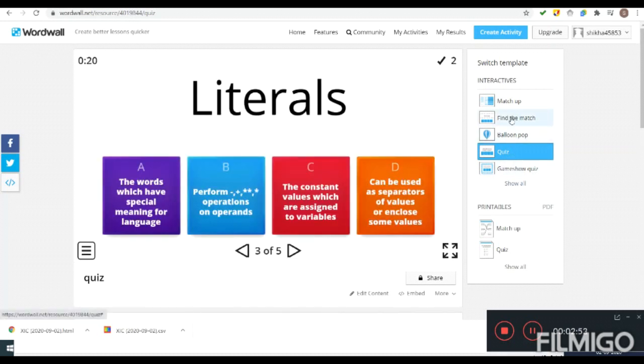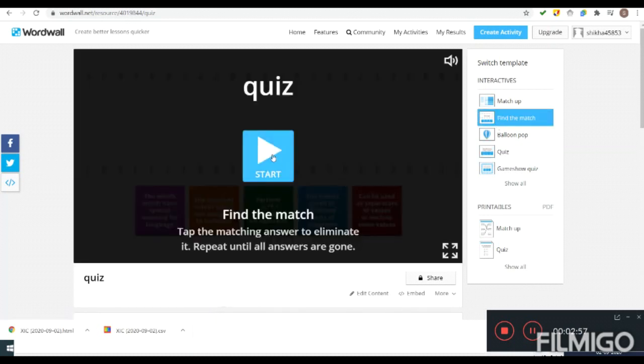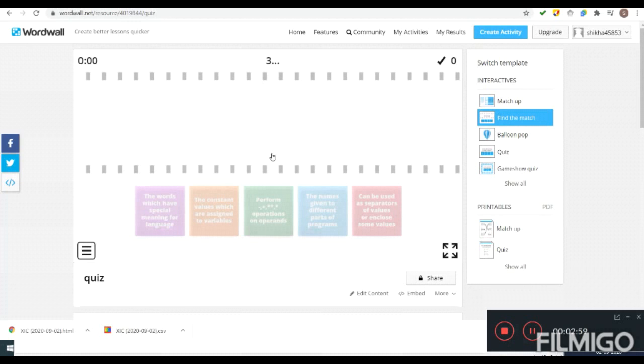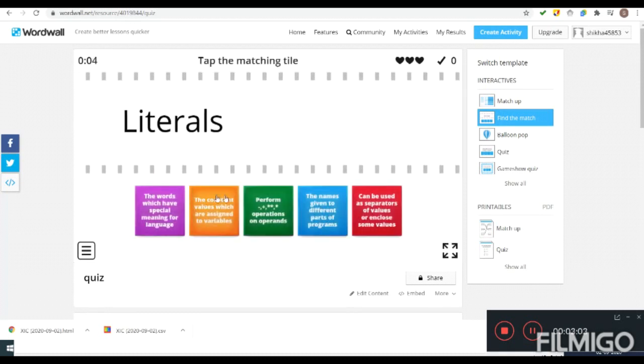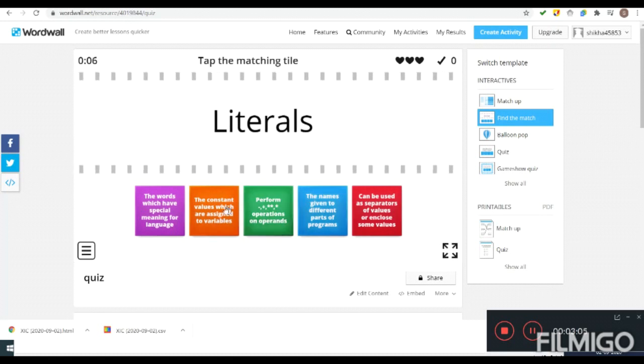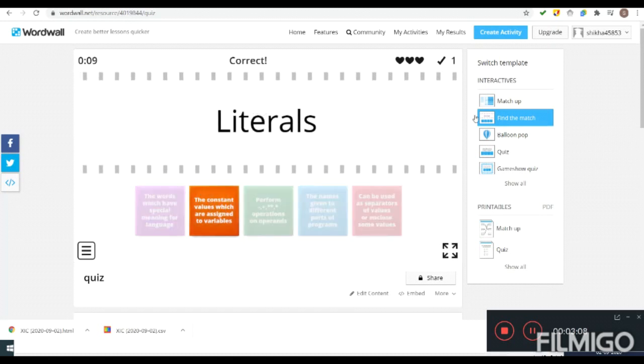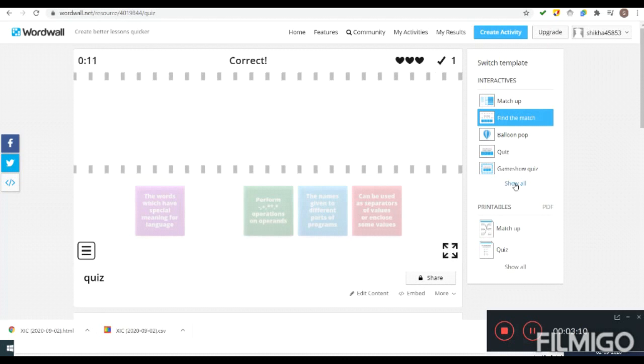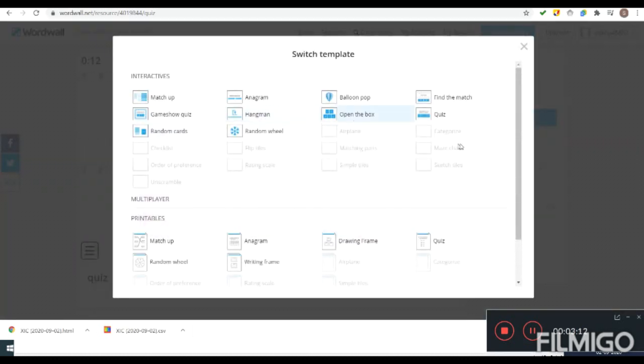And if I want to take the option find the match, it will appear in this way. So you can take any of the formats. Many formats are available in the free version. You can take any of them.